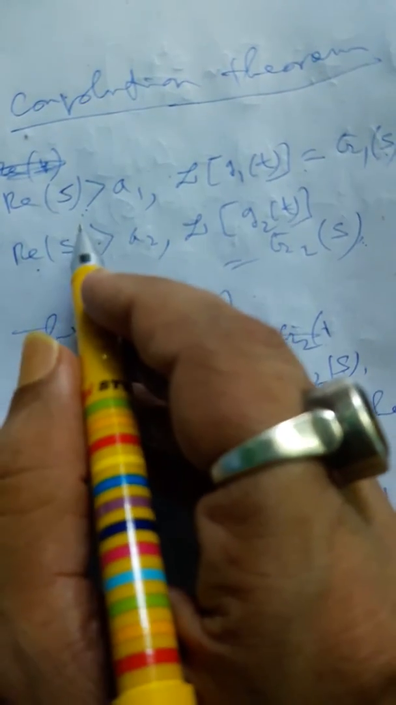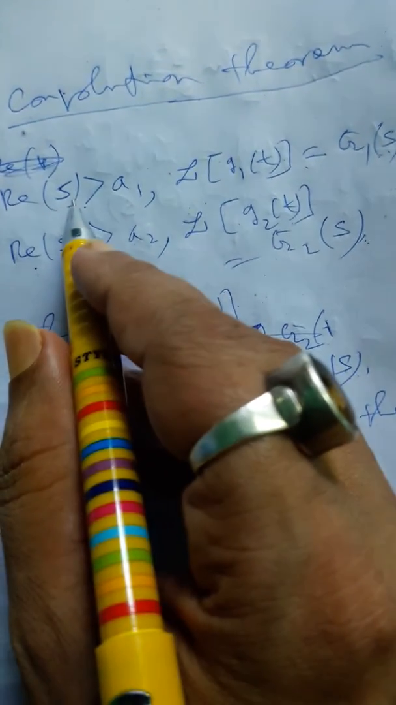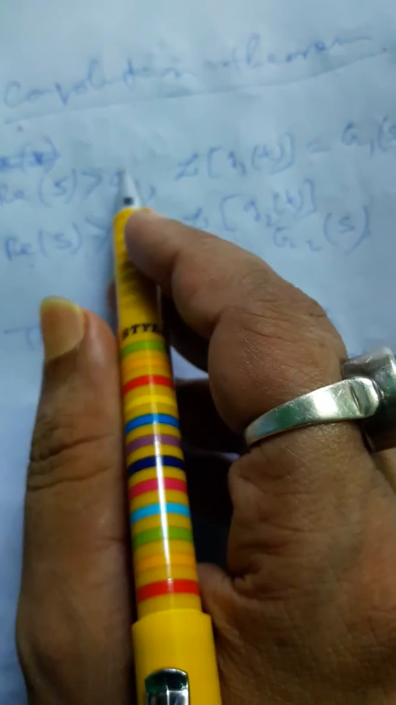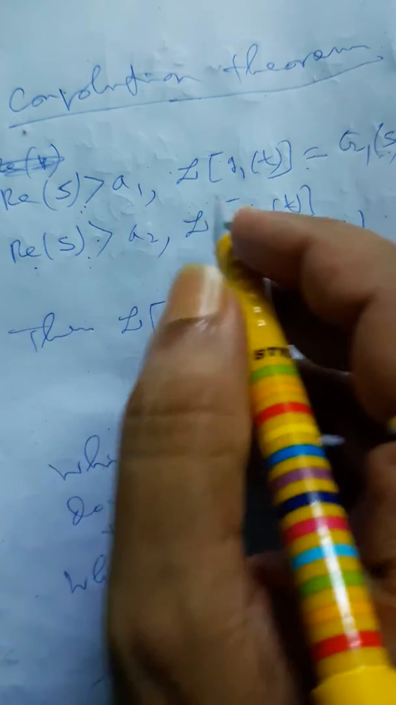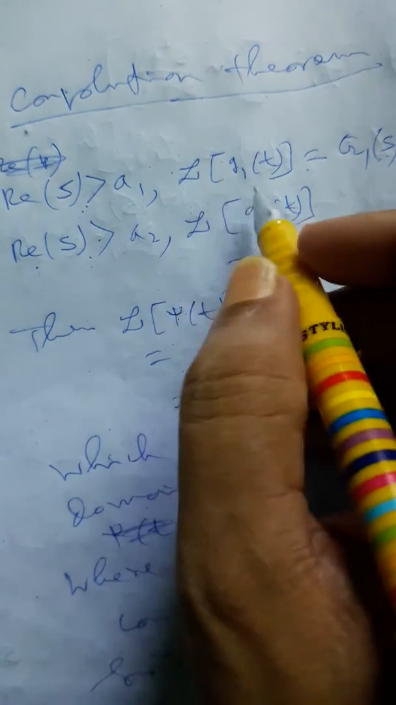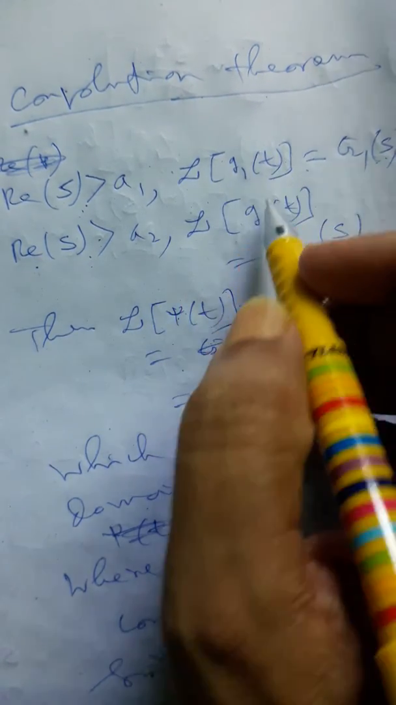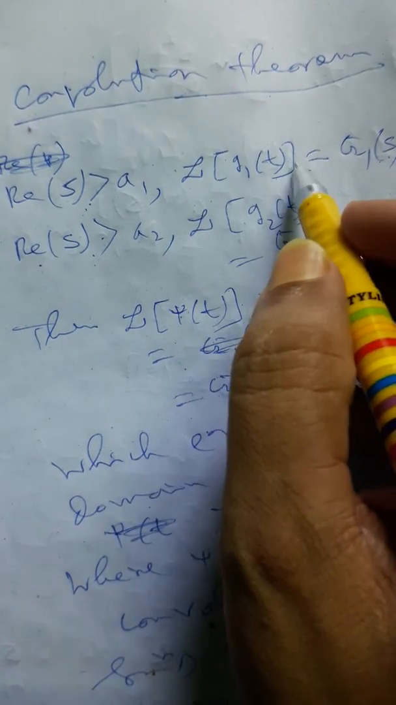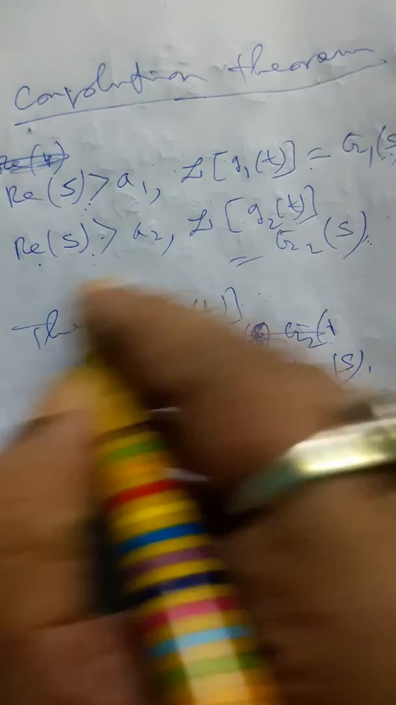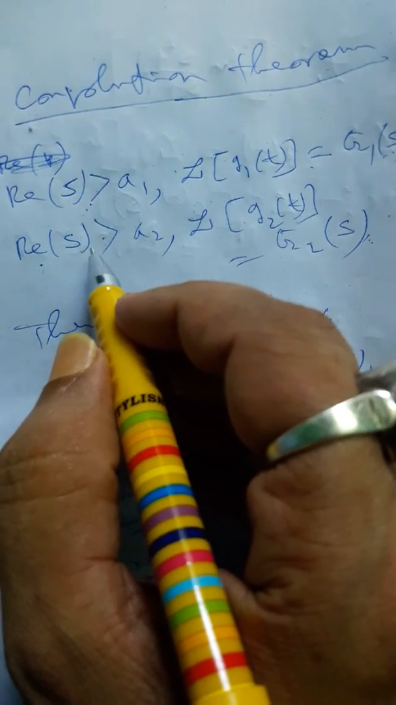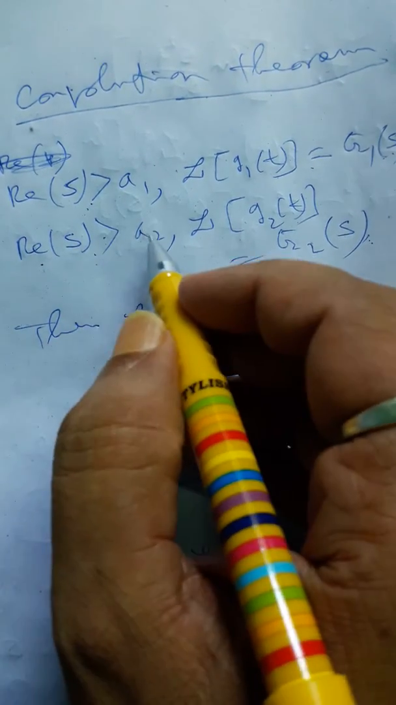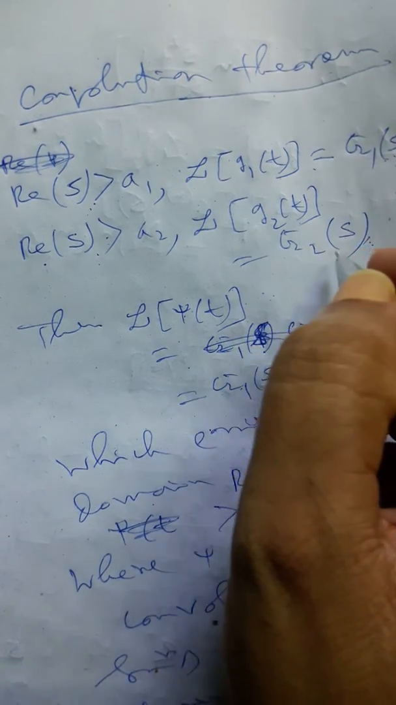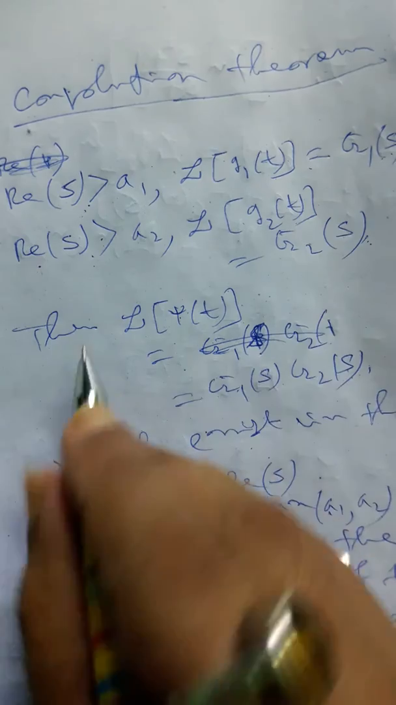At first, in the domain real S, where S is the complex parameter of the Laplace transform, greater than a1, the Laplace transform of g1 exists, and it is G1(s), the Laplace transform of g1(t). And in the domain real S greater than a2, the Laplace transform of g2 is equal to G2(s), and then